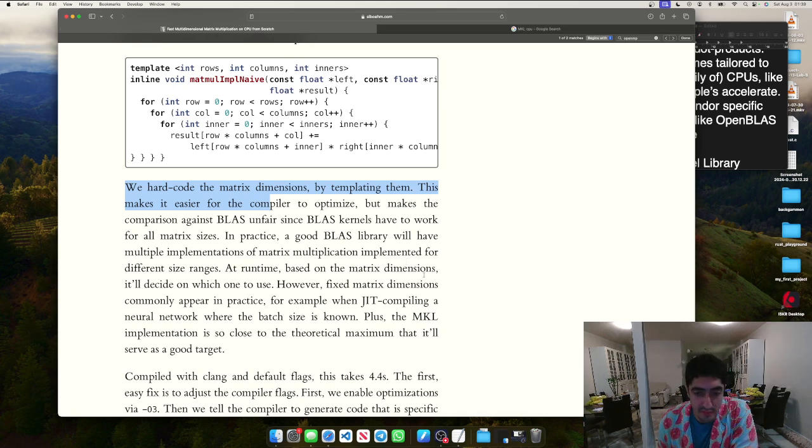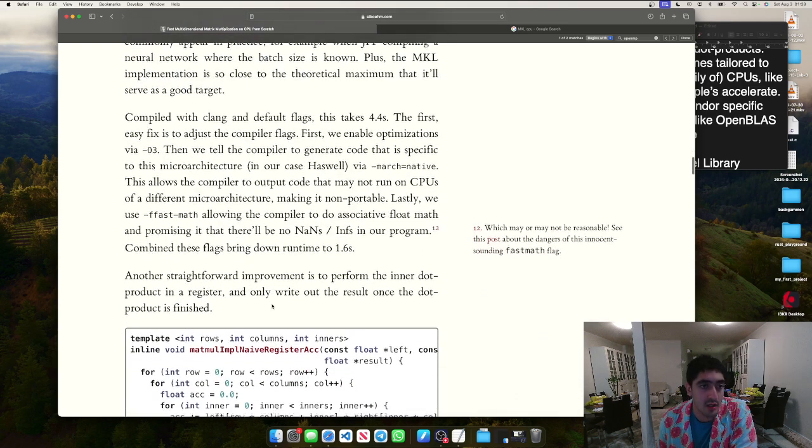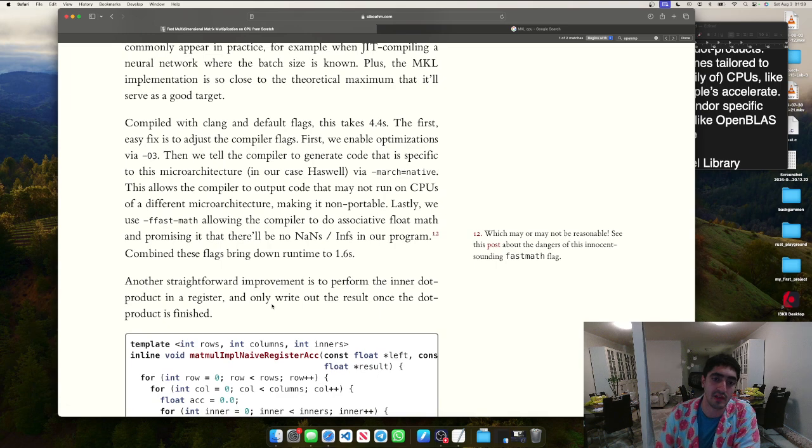However, for fixed matrix, the Math Kernel Library implementation is so close to the theoretical maximum that it will serve as a good target. Compiled with Clang and default flags, this takes 4.4 seconds. The first easy fix is to adjust the compiler flags. First, we enable optimizations via -O3. Then we tell the compiler to generate code that is specific to this microarchitecture, in our case, Haswell, via